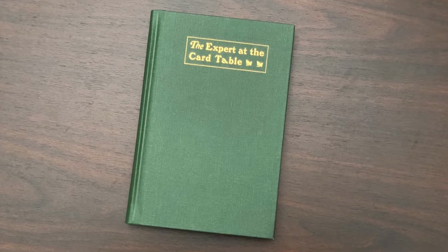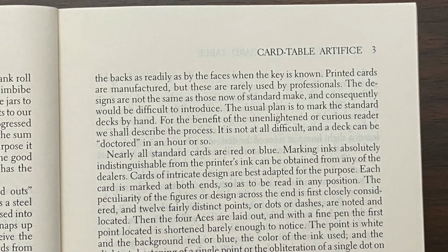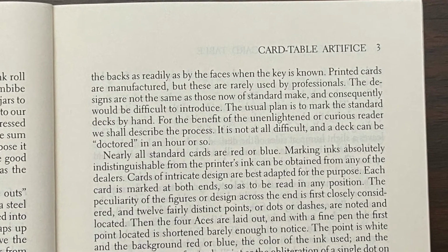Both Sharps and Flats, along with The Expert at the Card Table, which was written in 1902 by S.W. Erdnase, make an interesting note saying that self-marked decks are preferable over printed marked decks. And so this reflects sort of an interesting shift where we had a huge boom in printed or stamped decks during the 1830s and lasting a few decades, but then falling out of favor and becoming less common in the